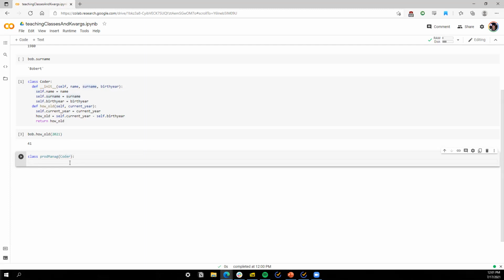And the way that people in textbooks and professors will teach you, Coder is a parent class and product manager is a child class. What's special about this relationship is a child class can inherit from the Coder class, how it deals with and processes those arguments and attributes. So if I do something like this, it's going to be exactly the same